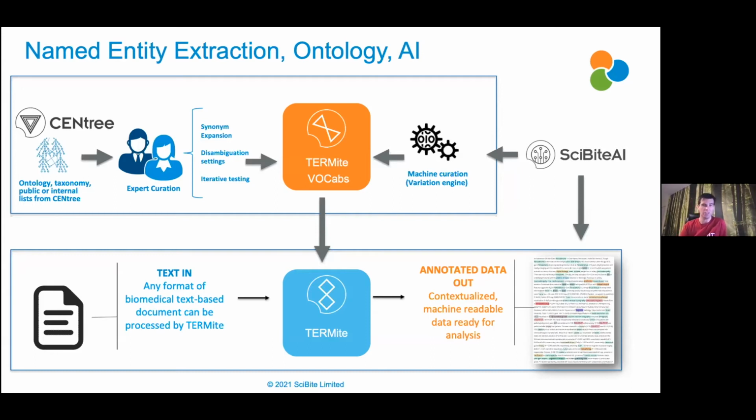So we have things like a gene language model or a disease language model, etc. And they can flag new terms that we don't have in our vocabularies and say this looks like a drug you're missing or a synonym. They all feed into Termite, that's the NER engine, and then you can basically apply any sort of text to that at scale, and Termite tags it, and out the other end comes all the annotated data that you see in the bottom right.